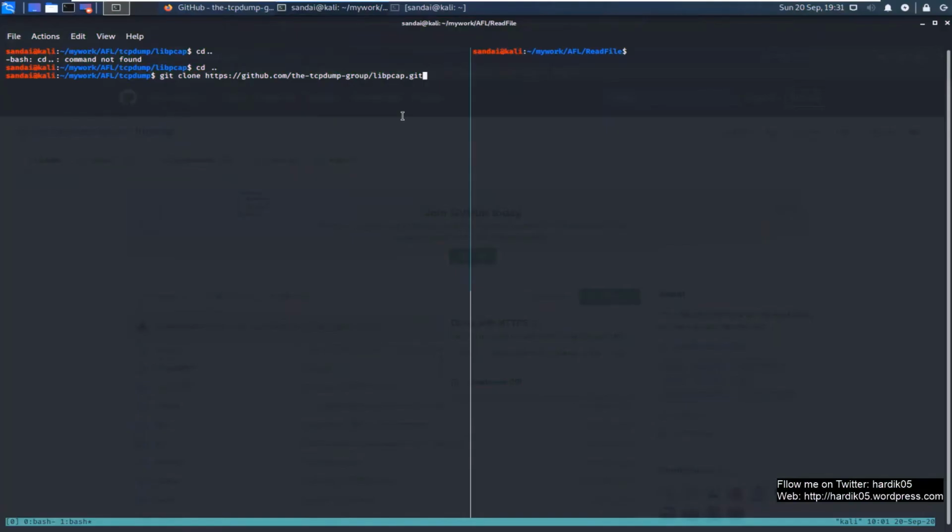Just make sure that the git clone you do is inside the tcpdump folder. It will create a new folder inside the tcpdump folder, and that folder name will be libpcap.